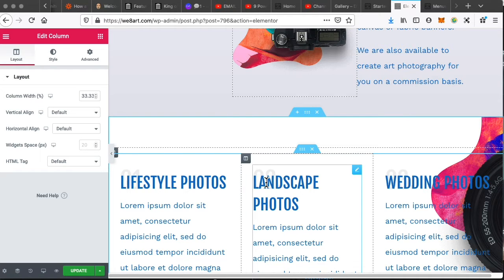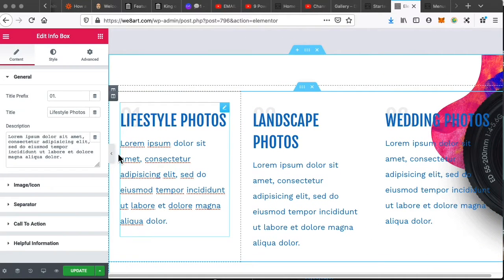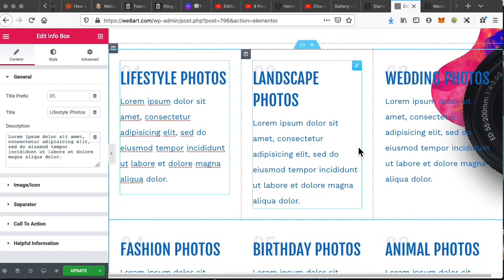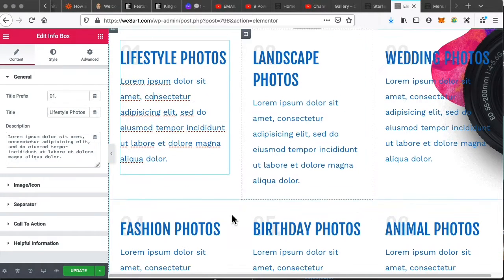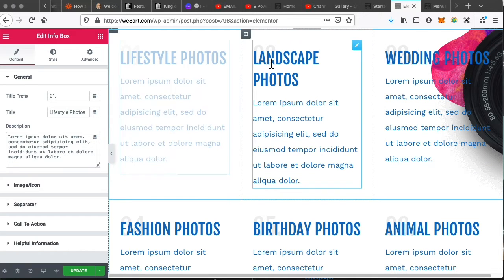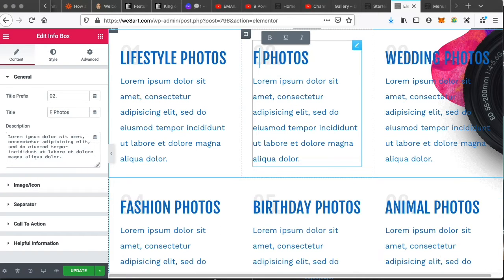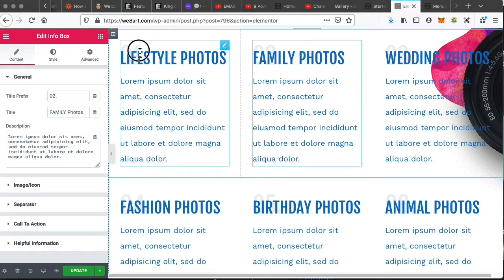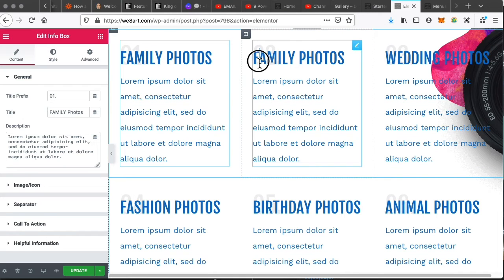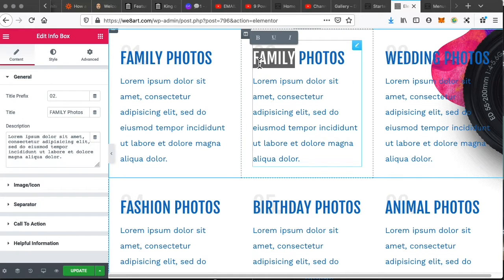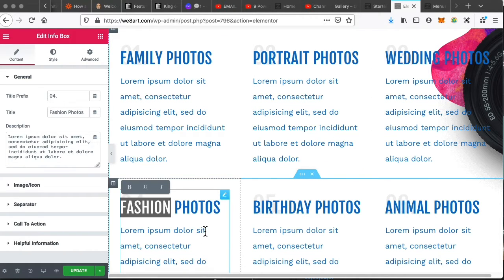Now, Damon can go and update all of this text in here himself, which I think he should. And I think he should offer, I think this is a really good start. Lifestyle, landscape, wedding. Let's call it lifestyle photos, family. Maybe, let's start with family photos. I think that's the most important. Wedding, portrait, fashion, yes. Birthday, yes. Animal,